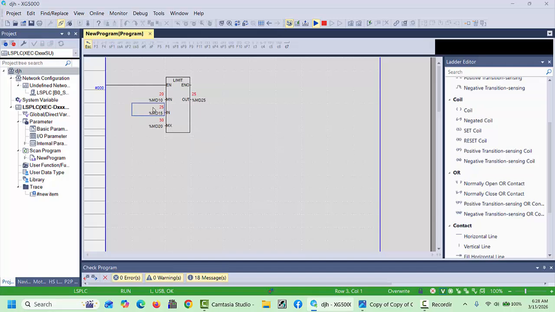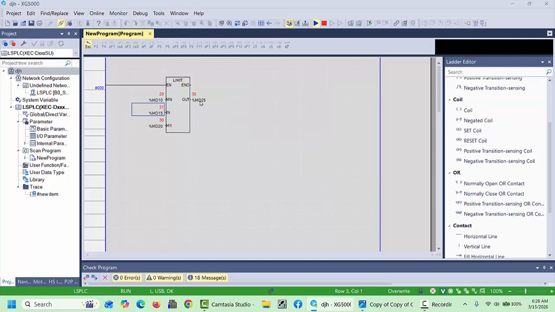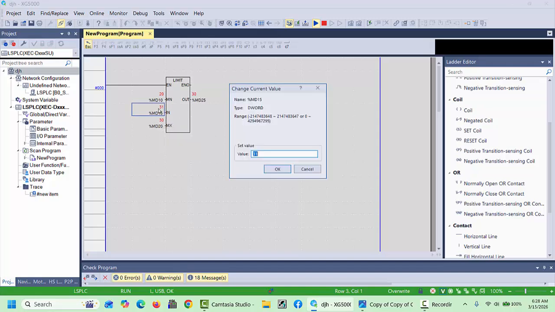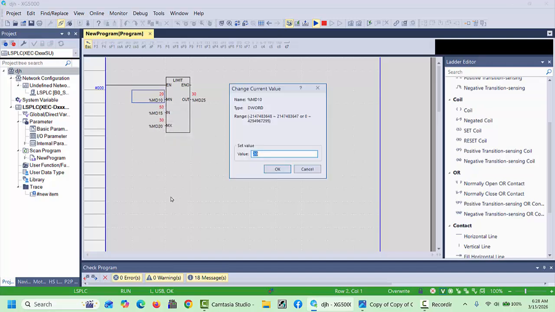But in case of some reason, like a sensor fault, or the value overshoots above 30, for example 31, you can see the value is only 30. Here the value may be 40 or 50 or any value coming, but this block blocks the value and does not pass it. Any value in the range between 20 and 30 will be passed only. If you put, for example, 30 as the minimum